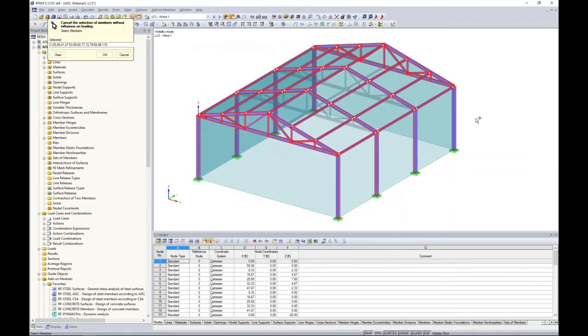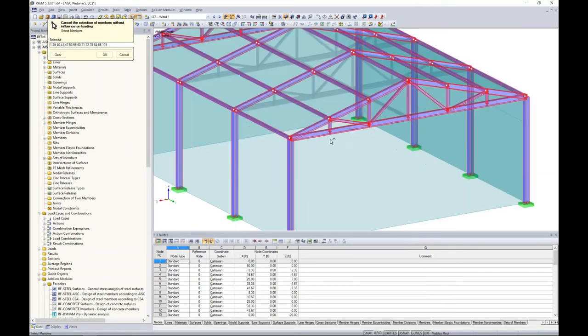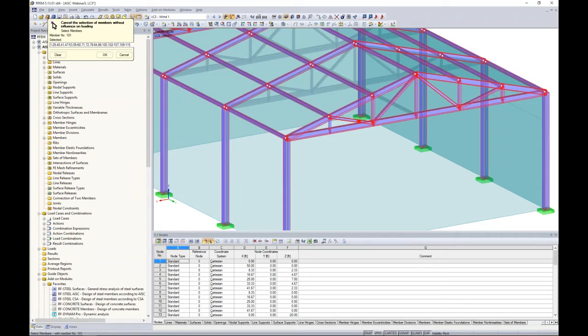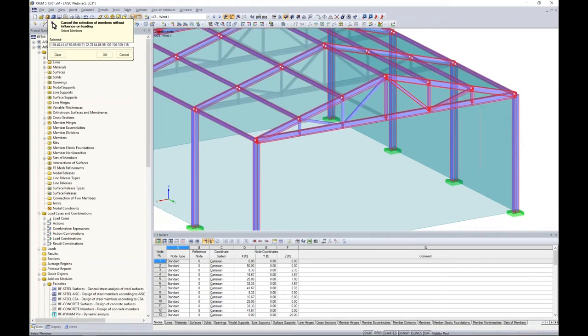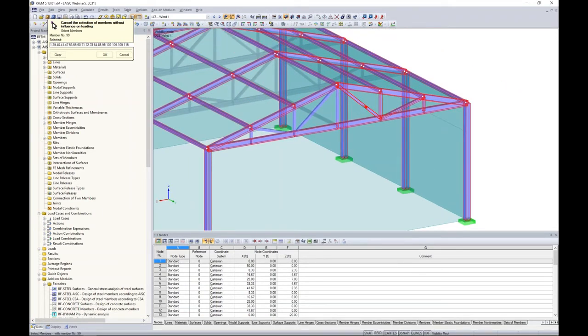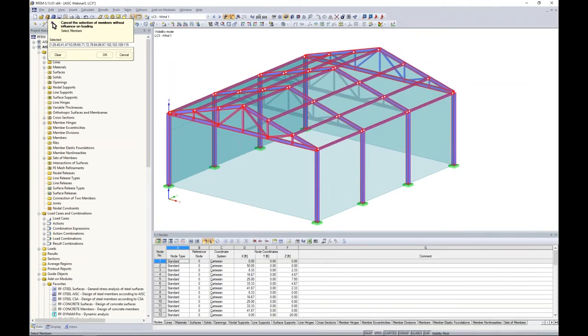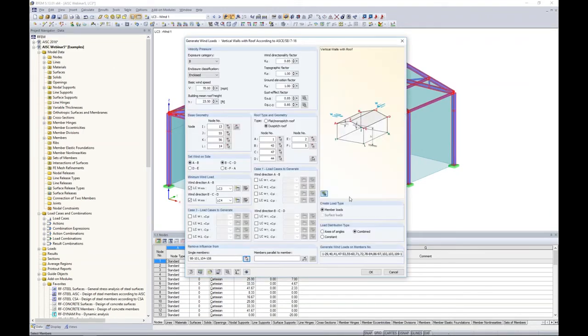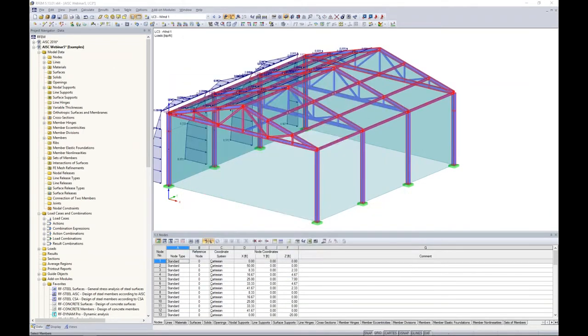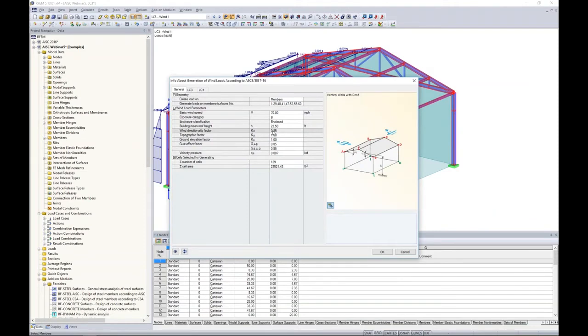For our case, if I graphically select my web members here, maybe I don't want the wind load to be attributed to these web members with my truss. So I just graphically select all of them. You'll notice they're now not selected in red. I click OK, I click OK, and now the program is going to give me some more information based on